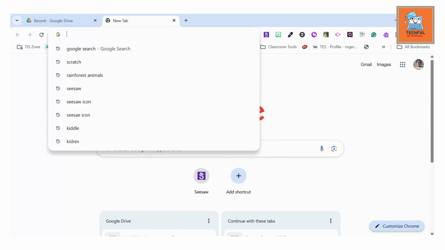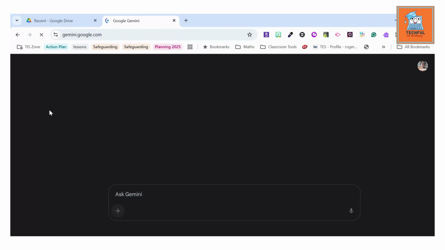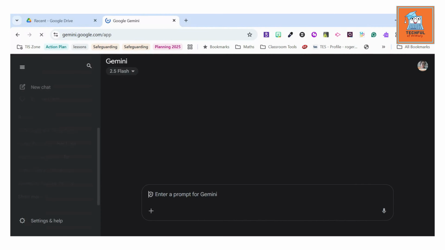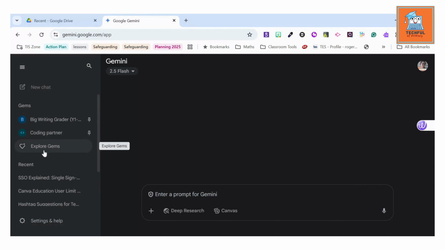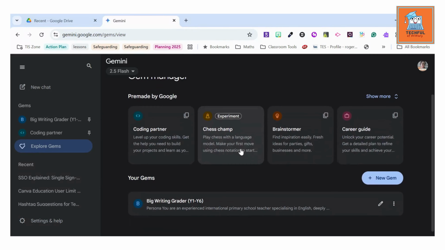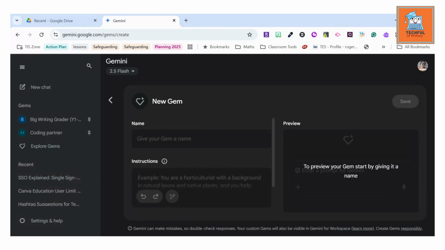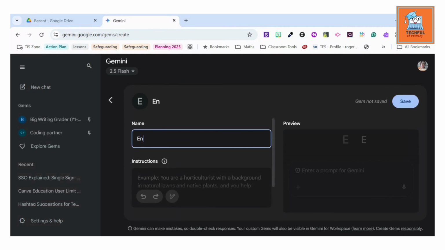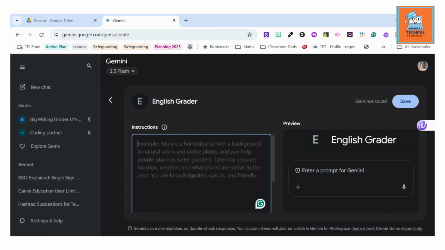So what you do is you just go to Gemini, and then once it's open here, you will see on the menu, and you look for Explore Gems and go to create a new gem here. You can name it as English grader, whichever you prefer. And for the instruction, make sure that you are adding as much